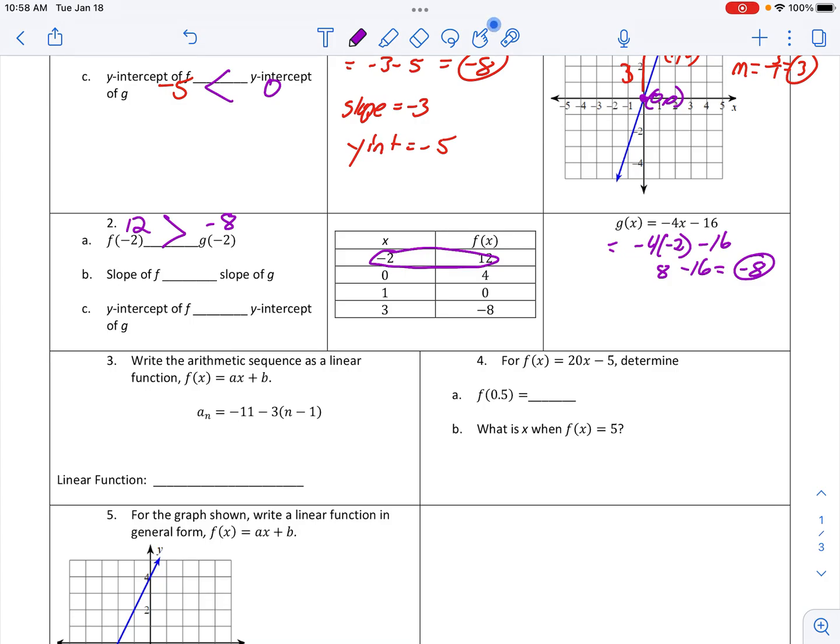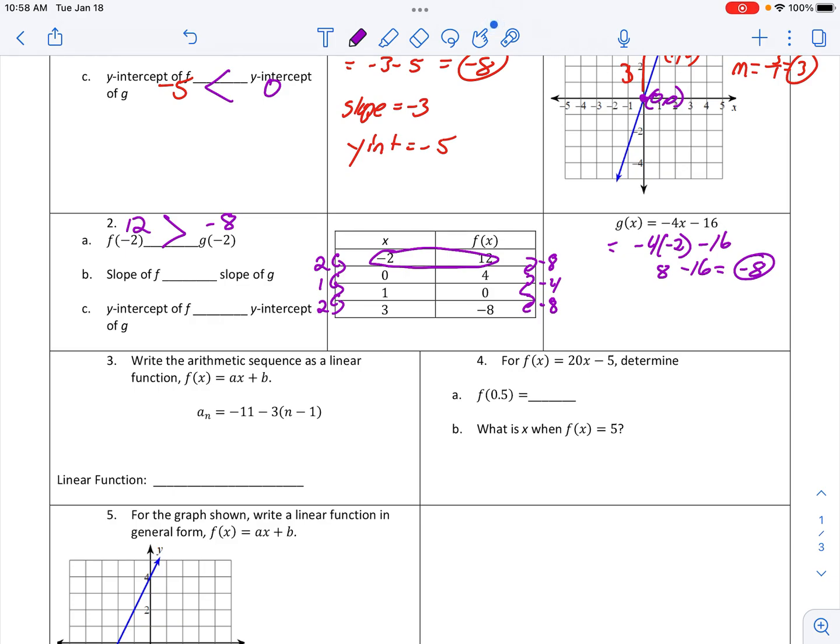Now the slope for the table is where we're going to find our change in the y's and our change in the x's. So from 12 to 4, we are going down by 8, 4 to 0, we are going down by 4, 0 to -8, we are going down by 8. And then on the other side, -2 to 0 is increasing by 2, 0 to 1, 1 to 3. They're not increasing the same amount. That's fine because we can see their x's and y's did change at a different pace,